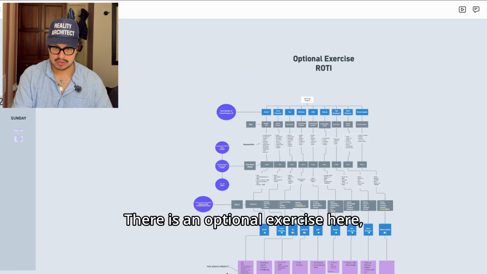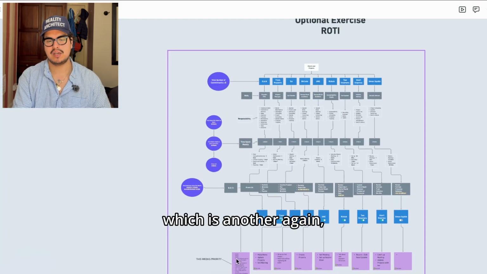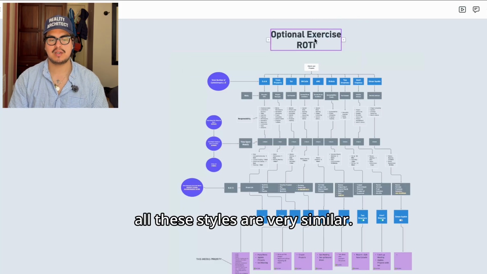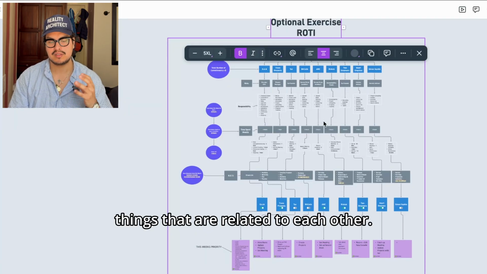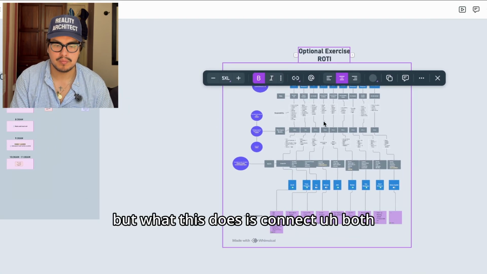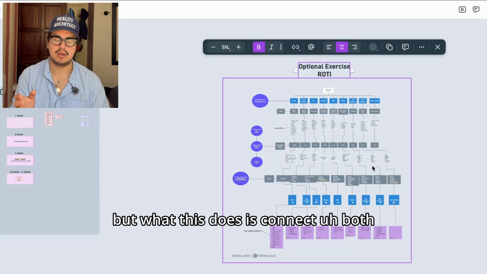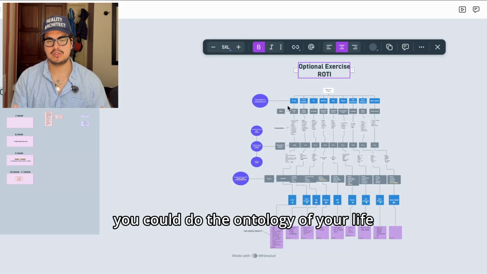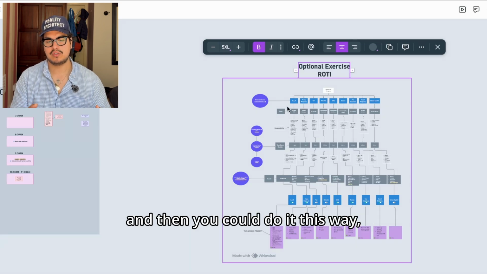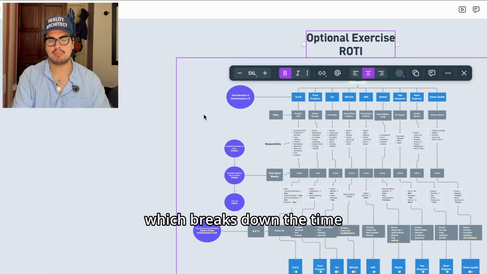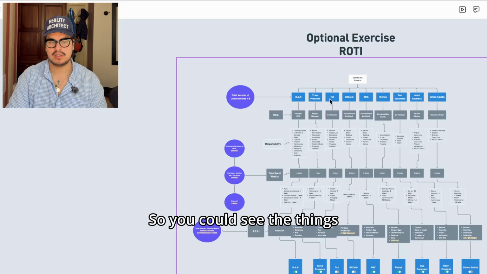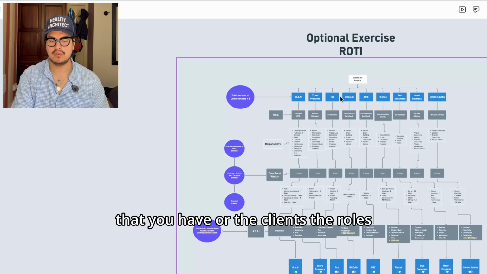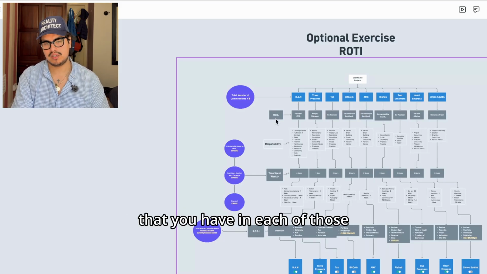There is an optional exercise here, which is another, again, all these styles are very similar. You're just connecting things that are related to each other. But what this does is connect both of these things. So if you would like, you could do the ontology of your life, and then you could do it this way, which breaks down the time in its own place. So you can see the projects that you have, or the clients, the roles that you have in each of those